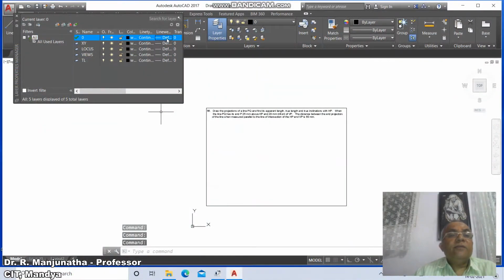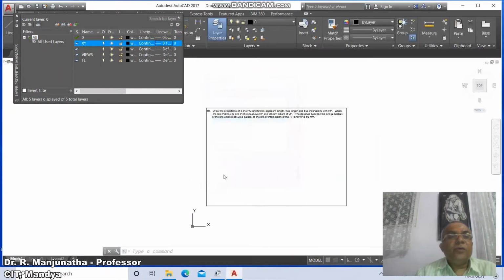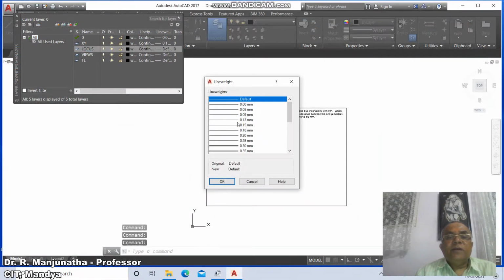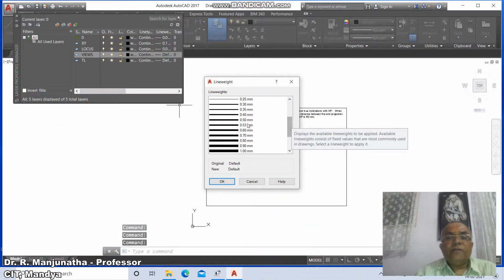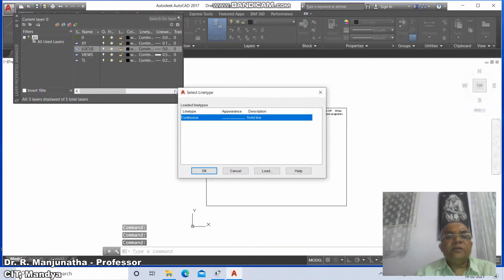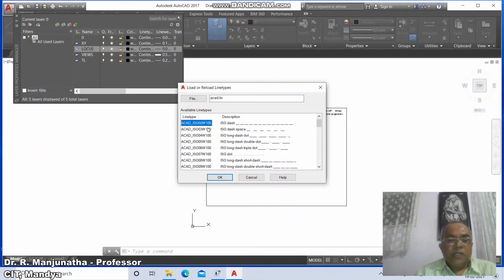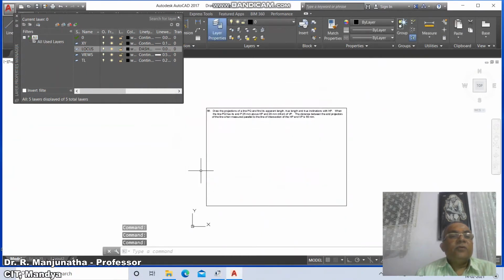Now we'll go for the line weight of layer 0, make it 0.05. Line weight of XY, make it 0.13, say OK. Then go to locus, line weight of this, make it 0.05, and go to views, set this as 0.5, and then true length, set this as 0.25. Then go to locus line type continuous. Click on this continuous and load the dashed outline from the library file and say OK. Then make this the current line type for the locus, which is going to become dash dot. Then close this.